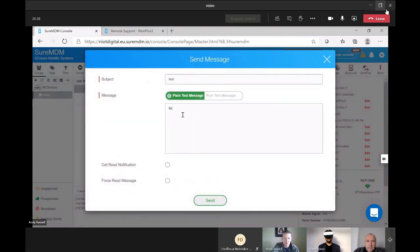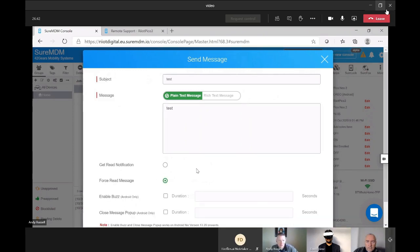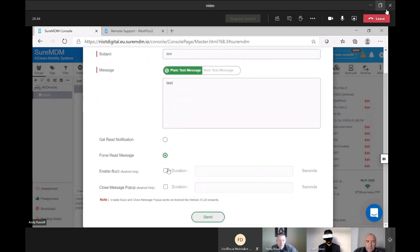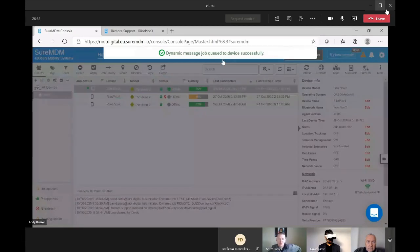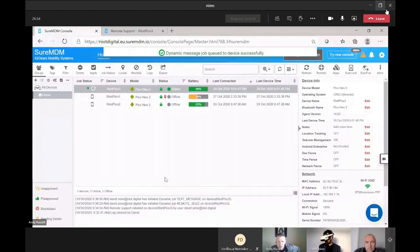push messages directly to the device. You don't need to get a read notification, and with this we can also enable a buzz, so we'll just do that for 1 second again, Dave. Yep, I've just called it test, so there we go, it's jobs queued to the device successfully,